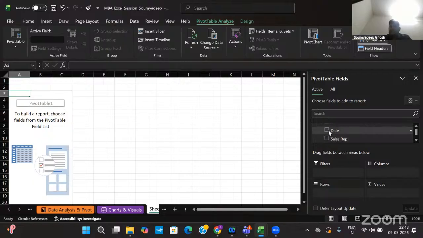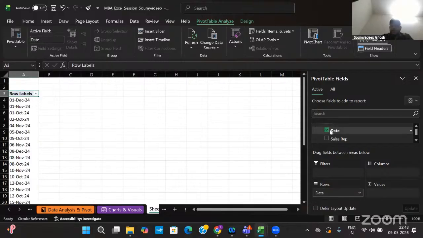And if I want to add the granularity of per monthly sales, then I'll just select date. I can see the date is here, or maybe daily sales. Monthly, we don't have the granularity of monthly over here.